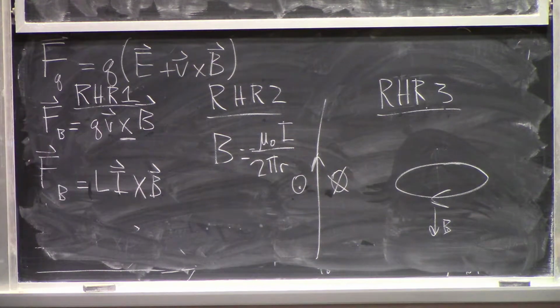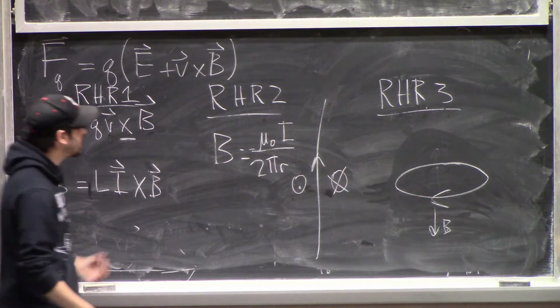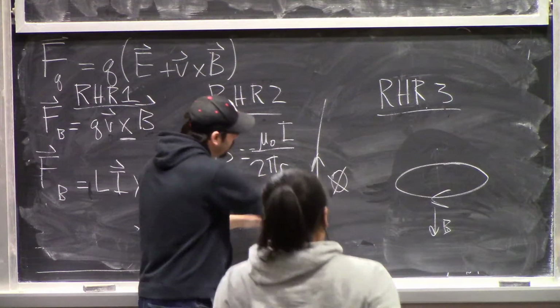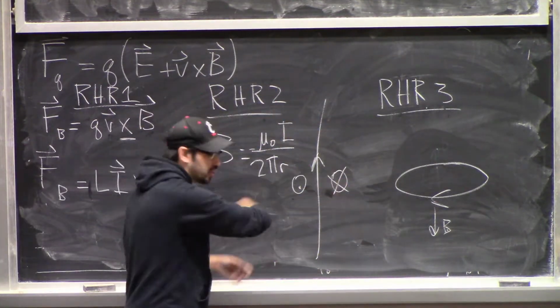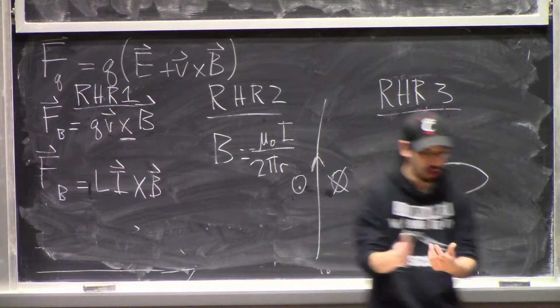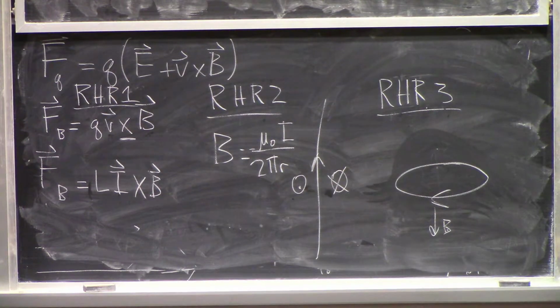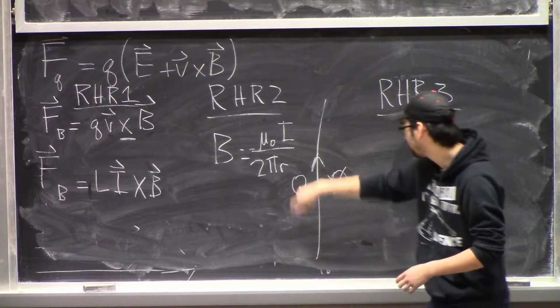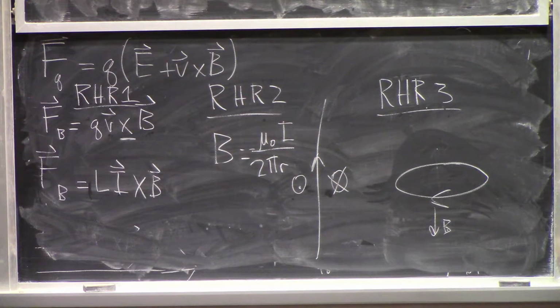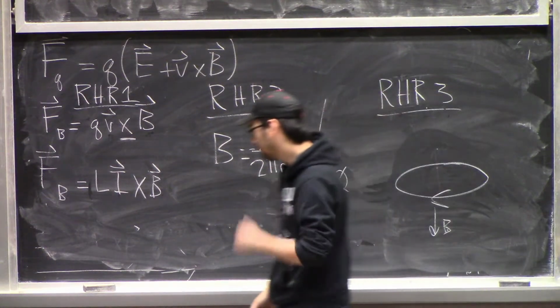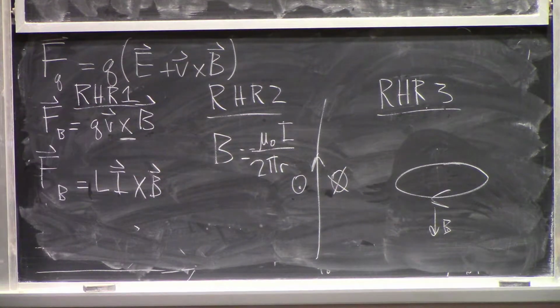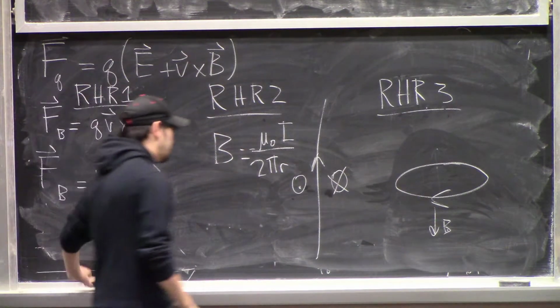But if you're thinking about the physics, what's happening in these situations, it'll be clear to you, because I know for this case of some current moving up in this wire, the magnetic field should go around this way. And so the curling of the fingers has to be associated with the direction the magnetic field goes around this. And same thing with this one, right? The thing that's going around in this case is the current. So my fingers are curling in the direction of the current, thumb points in the direction of the magnetic field. The other thing that you need to be careful of is there will be questions like,